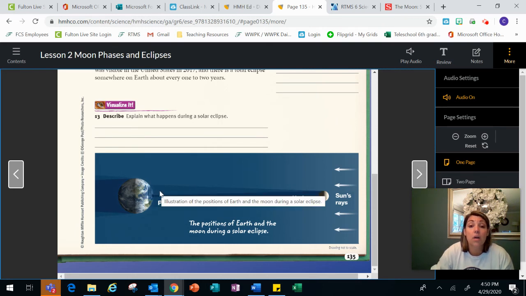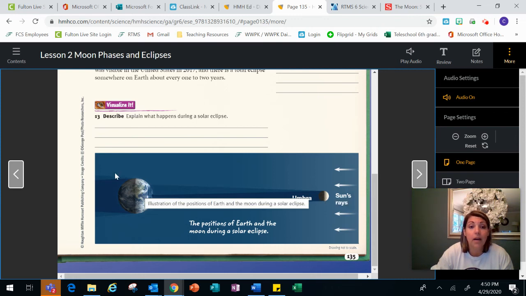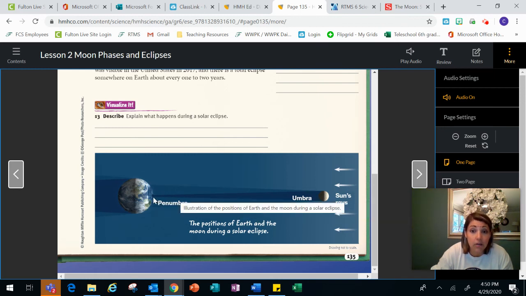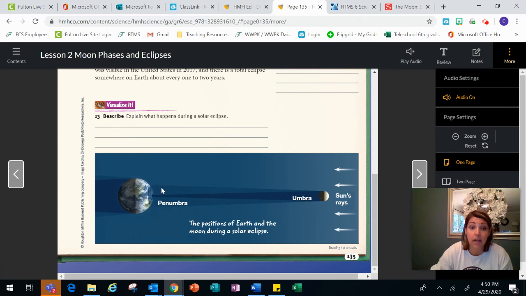So a full eclipse does not happen on the entire Earth. You have to be in the line of the eclipse, because if you see, this is a very tiny little umbra. The full shadow is small. Anywhere that we saw the partial eclipse, we were in the penumbra, which is quite a bit wider. So those are our solar